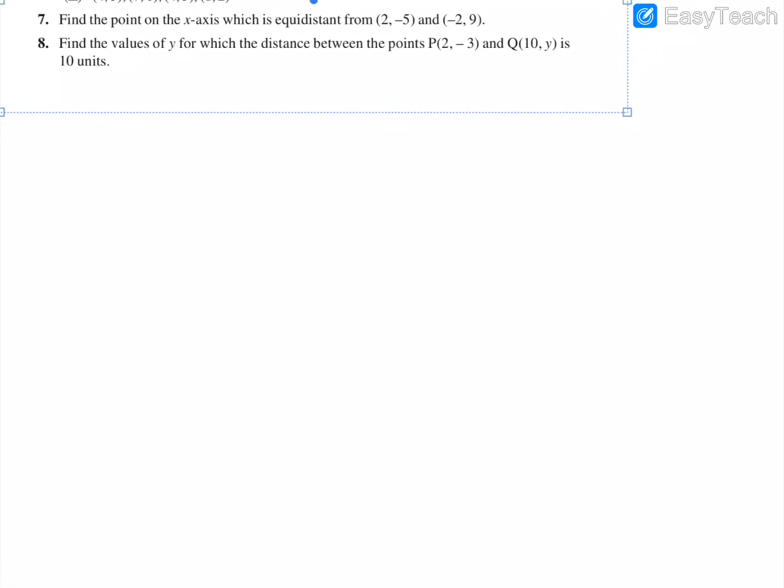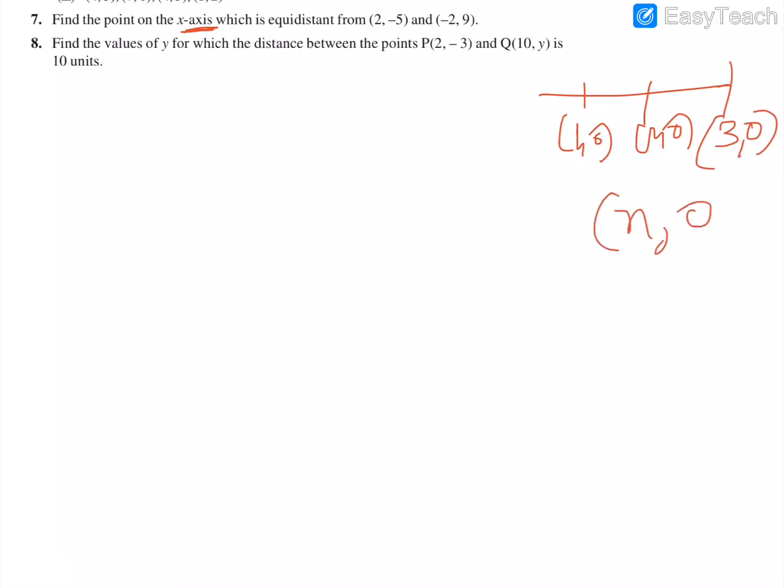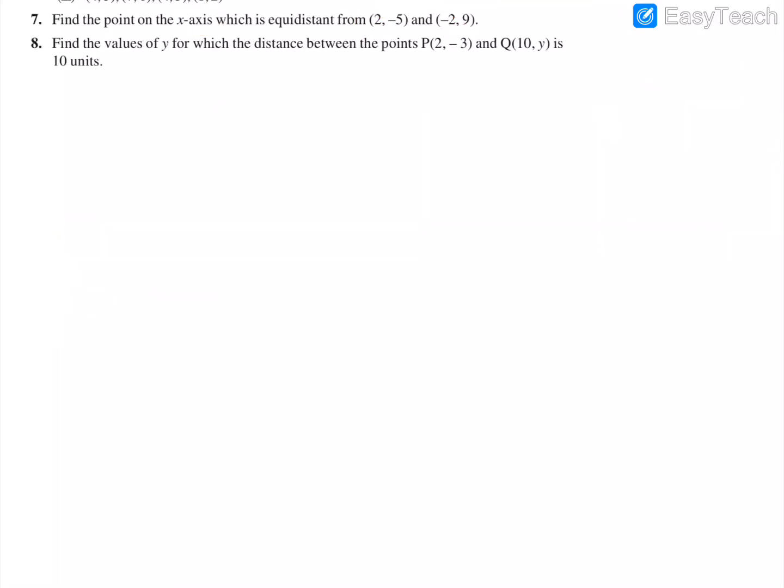Now the 7th question, find the point on x-axis. In the example we had a point on y-axis, so we took 0 there. On x-axis all points will be 1, 0, 2, 0, 3, 0, like that. Means the x value will be there, y value will be 0. So now the point P we take as x comma 0 and these 2 points as A and B. So we write AP is equal to BP. In order to remove the big square root in our distance formula, we write AP square is equal to BP square, and we solve, we will get the value of x. If you still have doubt, refer to our example sum we have done with y-axis.